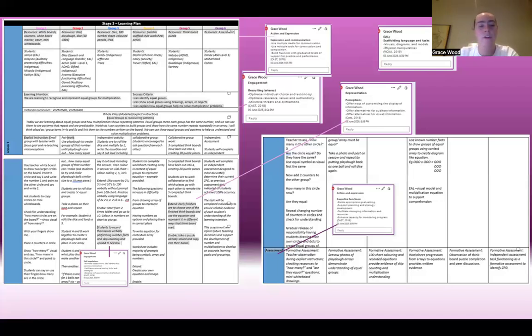And then also their formative assessment. Every lesson has a formative assessment assigned to each group. So the formative assessments all will align with the learning and success criteria, but each group will have a different formative assessment. So group two will be taking a photo on Seesaw, and Seesaw is a platform of a parent, teacher, student connective. Not only will that be good for the students to see, the parents to see, and obviously for me to have a look at, but it's also good for the students to be aware that what I'm doing is important.